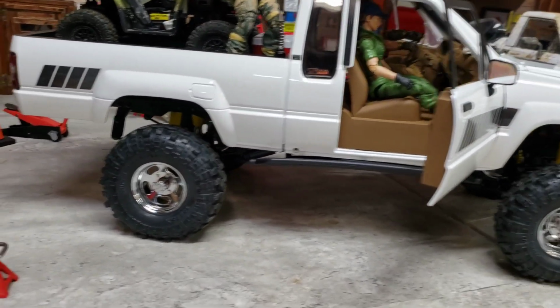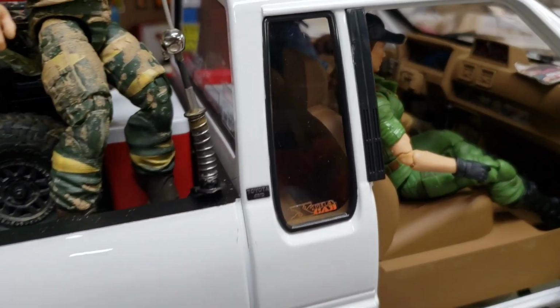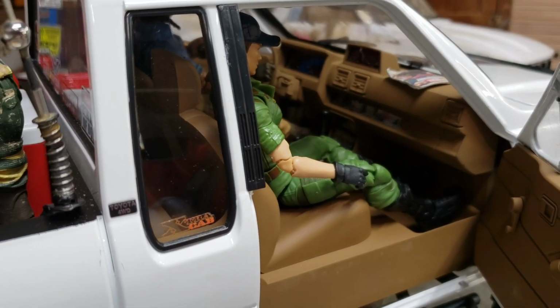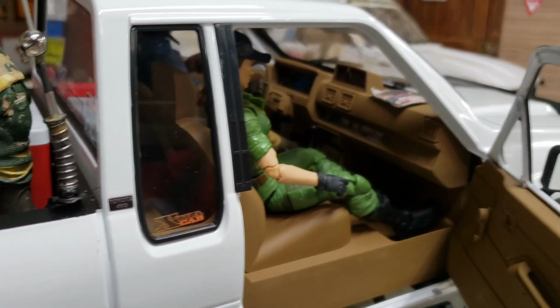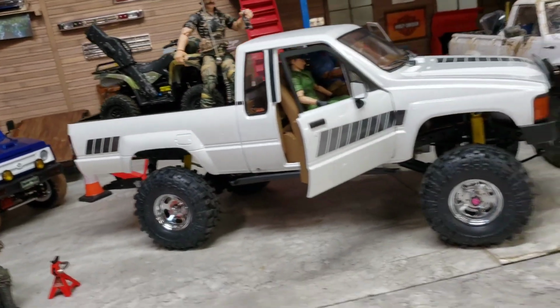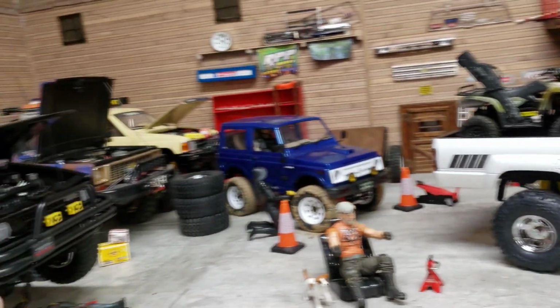Whether you like the new stuff or not. But anyways, I still have a lot of scale detail. I've got to tear the interior completely out of it and go over all that stuff. But this is basically it, guys. I mean, it's just basically the TF3. And once I get everything done up with this, we will go over the